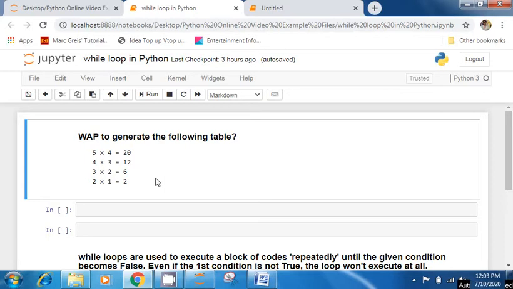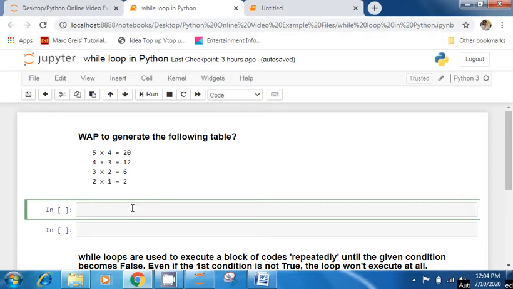So the basic question was to print this table. Whenever you are asked to print a series or some mathematical thing like this table, there is always a pattern and you have to search for that pattern. If you see this, there are 2 numbers, they are getting multiplied and the result is getting generated. And if you see vertically, these 2 numbers are decrementing, 5 4 3 2 and 4 3 2 1, and you have to keep them decremented until both of them are above 0. See, both numbers are above 0 at 2 into 1 equal to 2, and you don't have to go further, 1 into 0 equal to 0.